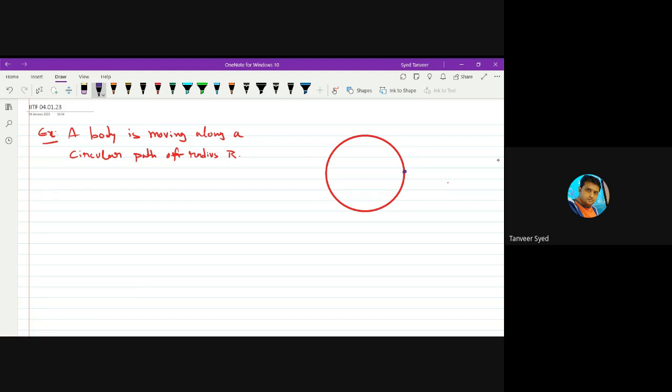This is the circular path, this is the center O, and this is the radius r. This is point A, this is point B, this is C, and this is D. If we take different paths and try to find out distance and displacement,